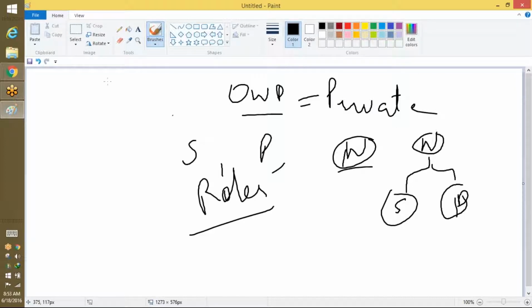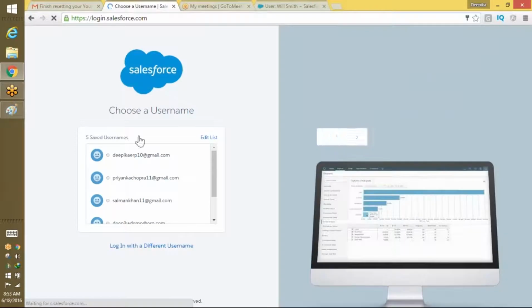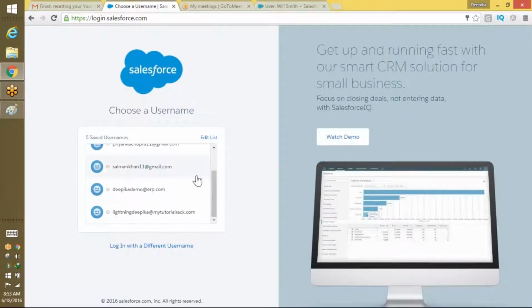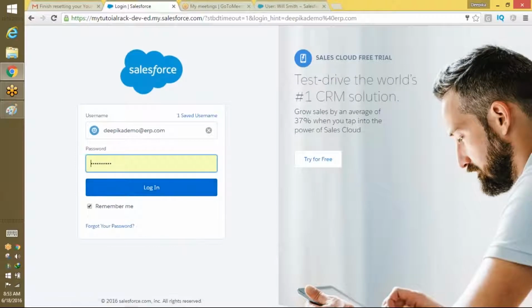How do you create a role? We'll go back here and we'll log out. Right now Will Smith is only able to see the records Will Smith has created, but he is the manager. So we're going to create a role and give this role to Will Smith and then see what happens. So here, if I log out and log in back again as Deepika,